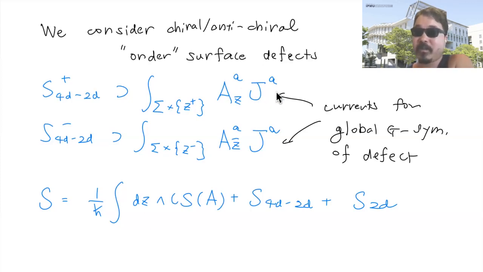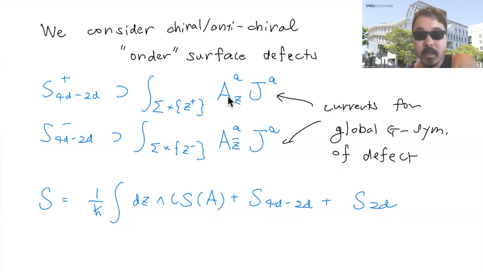The assumption is that the current has a global symmetry G, and hence there is a current. You can try to couple it to the 4D Chern-Simons gauge group, the same gauge group G, by the standard combination AJ. There could be other terms, but it at least involves the AJ coupling. And there can be multiple defects here. Plus and minus represent the chiral and antichiral components, and it couples to the W and W bar components of the gauge field. So W and W bar are the directions along the integrable field theories. Integrable field theories live on the curve, which I denote by sigma, which has coordinates W and W bar.